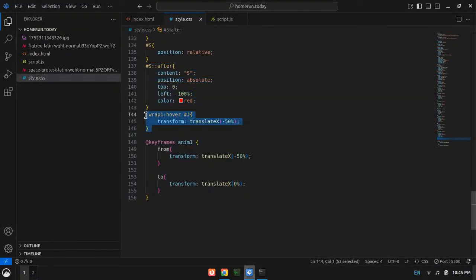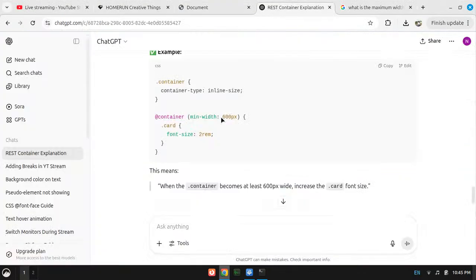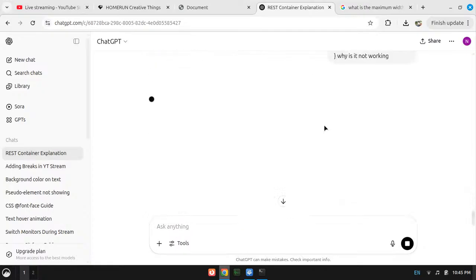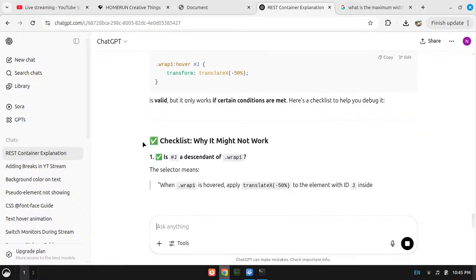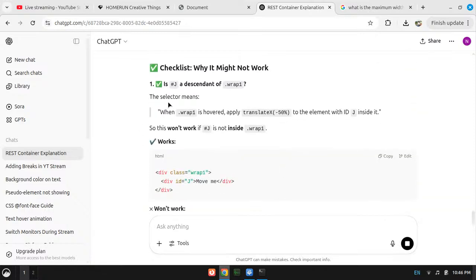Let's ask ChatGPT. How can we make it work? Is hashtag J a descendant of wrap1? Yep, it is.